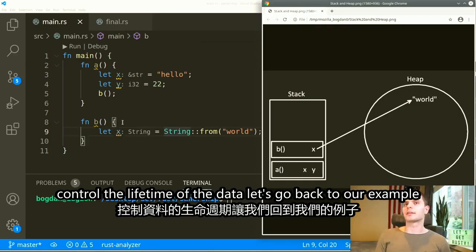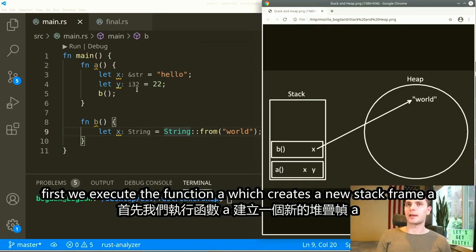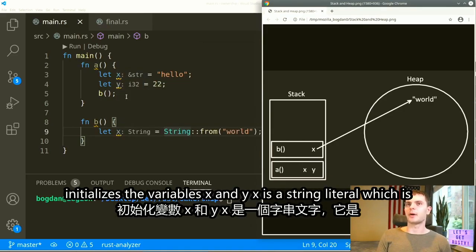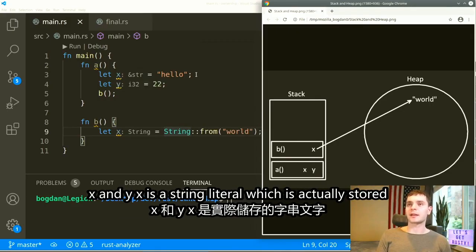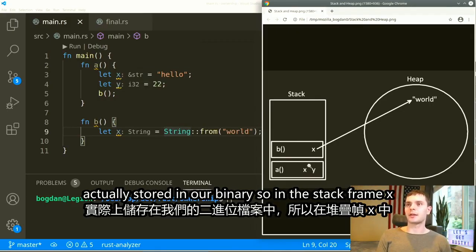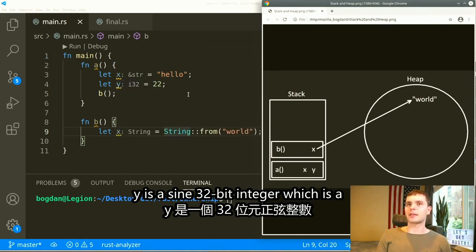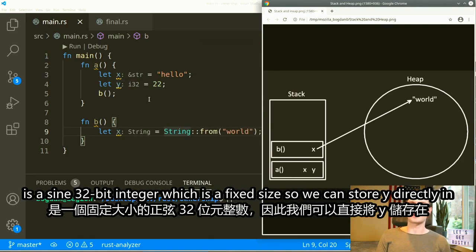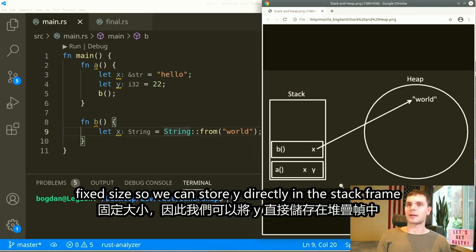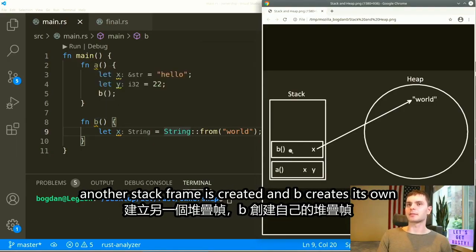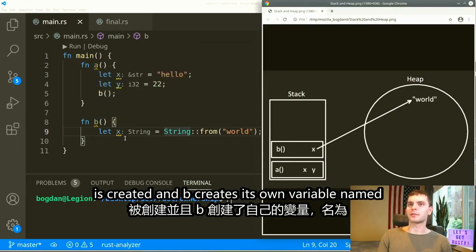Let's go back to our example. First, we execute the function A, which creates a new stack frame. A initializes the variables x and y. X is a string literal, which is actually stored in our binary. So in the stack frame, x here will be a reference to that string in our binary. Y is a signed 32-bit integer, which is a fixed size, so we can store y directly in the stack frame. Then we execute the function B, so another stack frame is created, and B creates its own variable named